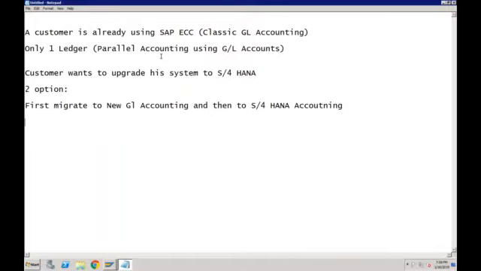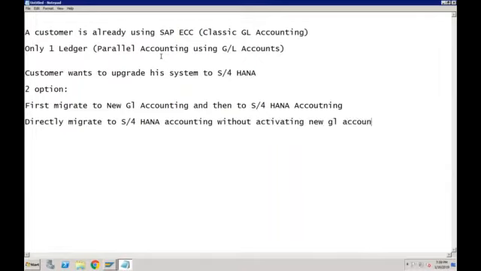The second option is directly migrate to S/4HANA accounting without activating new GL accounting.